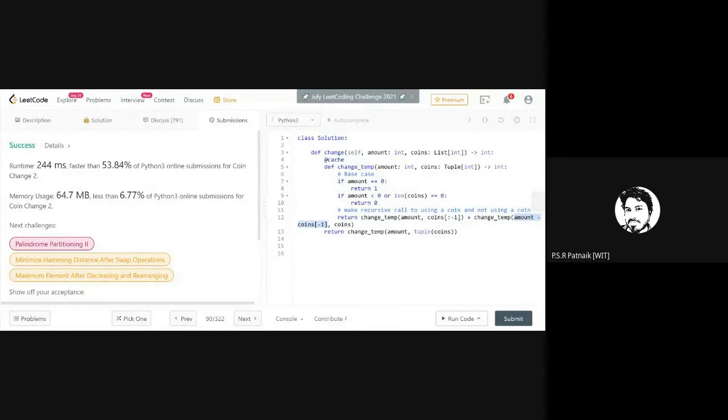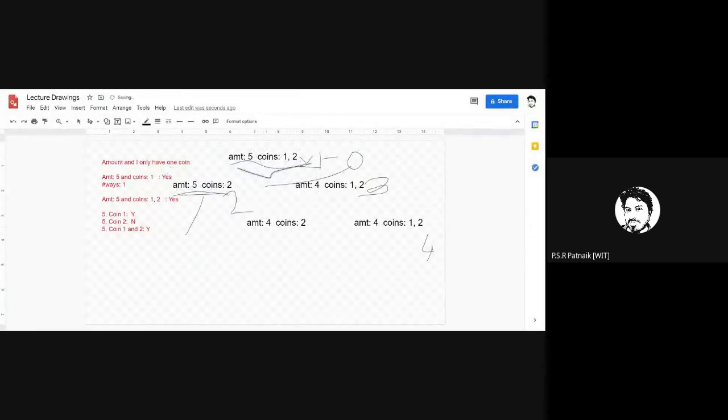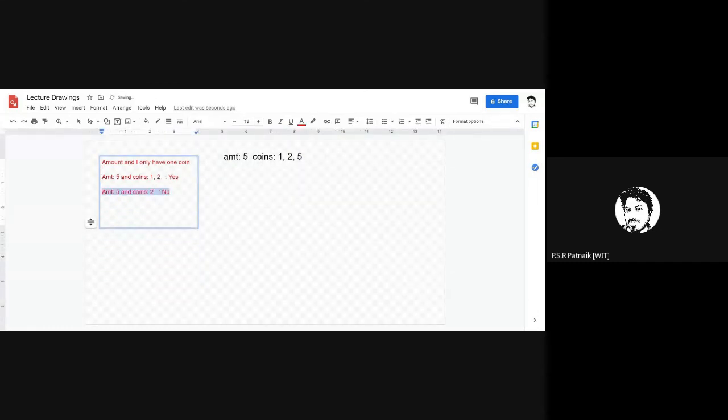Amount 10, and I think Akash has given a use case. So let me paste it for everyone. So Akash's use case is amount 10 and these are coins. Is that what you're saying?